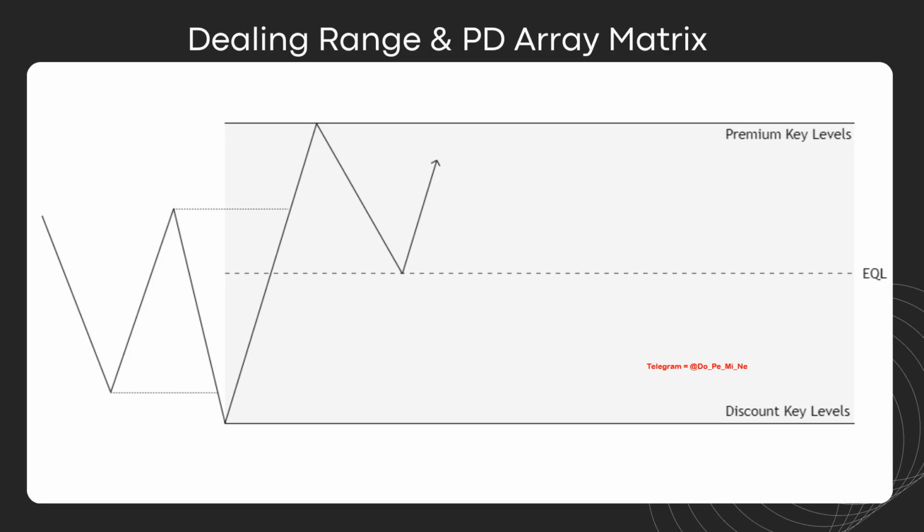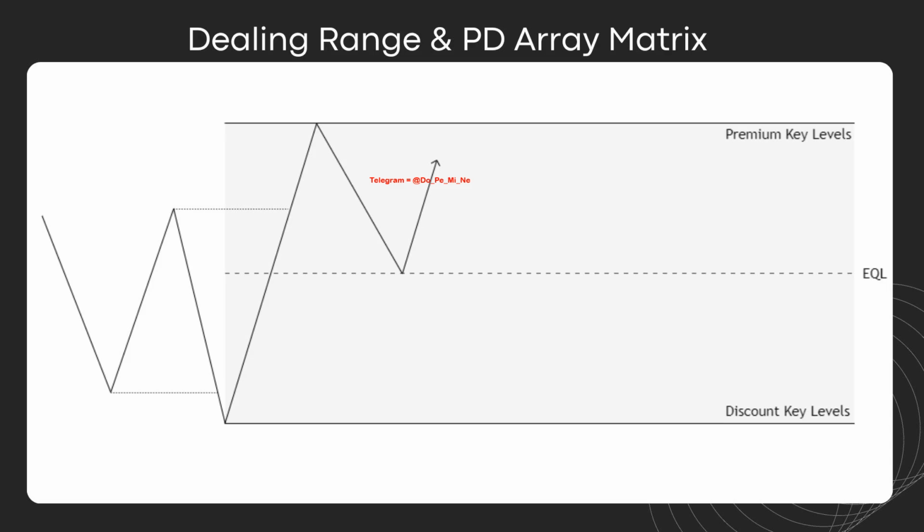Now when this swing ends and stops, that gives us a dealing range right here. This whole range of price, taking out the range low or the swing low and then taking out the range high, gives us a dealing range, and when this is divided into two halves, it gives us the premium and discount region. Now as I said before, the case study that we are analyzing here is in a bullish market condition, which means that the structure is bullish, or maybe the order flow is bullish. So now we're going to explain what price often does in such a market condition when price forms this sort of